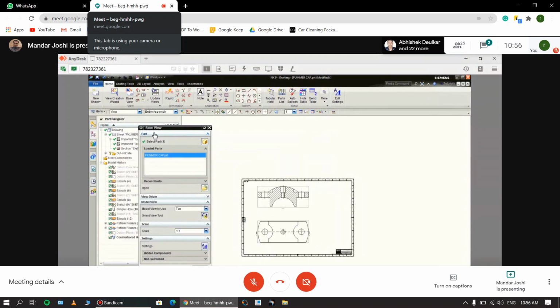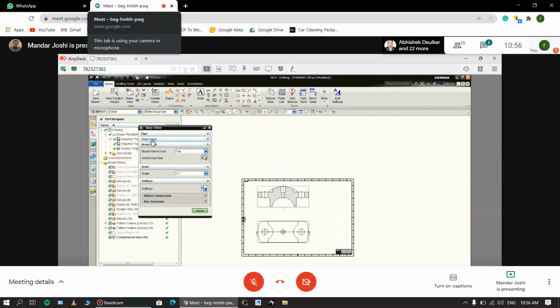Okay. After that, define the orientation of your model. So I'm taking here isometric orientation. Instead of orthographic front, side, top, I'm taking isometric. There is a trimetric button also, but we never use the trimetric. We have to use only the isometric option. In the isometric option, there is again the scaling factor. So I increase the scale to 2:1, which is smaller than the orthographic view. Otherwise, it is a very large view. It may not get fitted properly in this sheet. So I'm taking here scaling factor 2:1, and now I click here